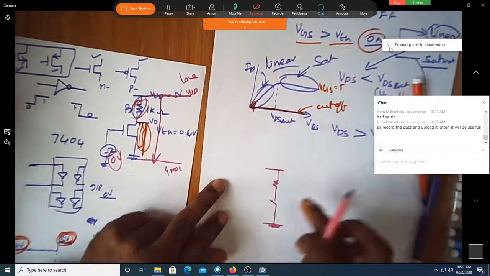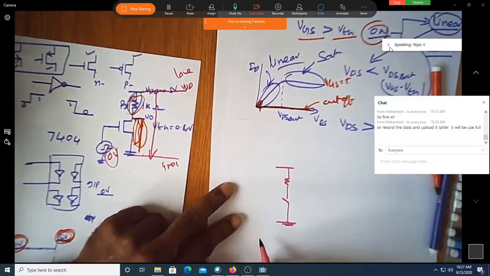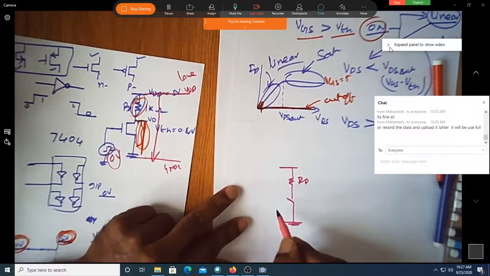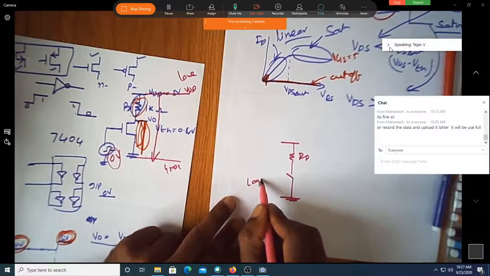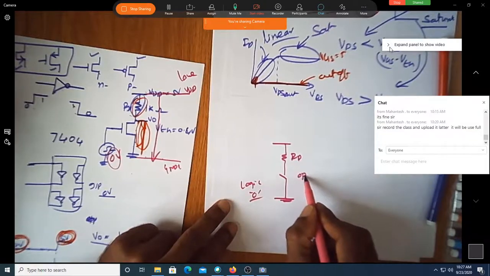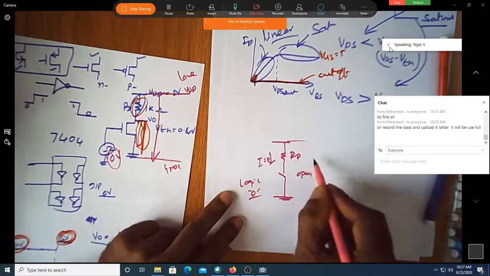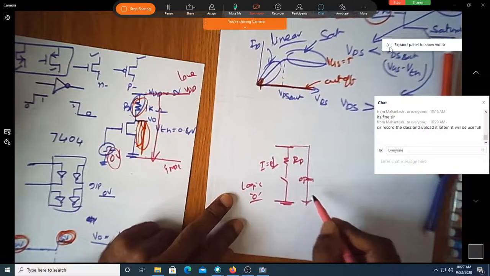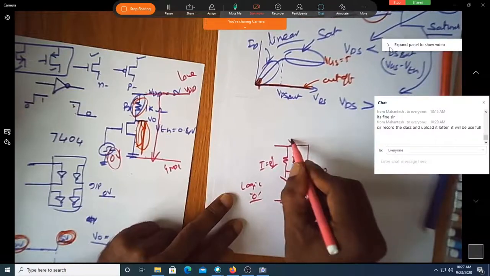Can I consider the MOSFET as a switch now? Is the switch open or closed for logic 0? Open. This is open. Then how much is the current? 0. So when current is 0, isn't a drop happening? No, sir. There is no current flowing, so you will have almost output equal to VDD because there is no drop here. So this is VDD.